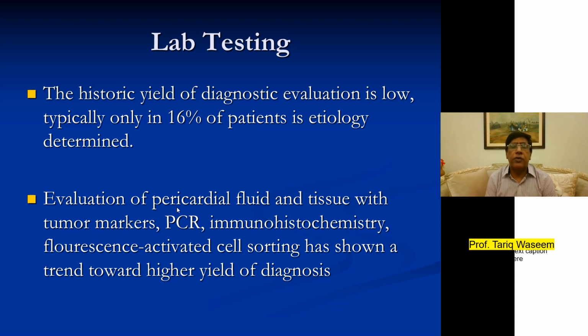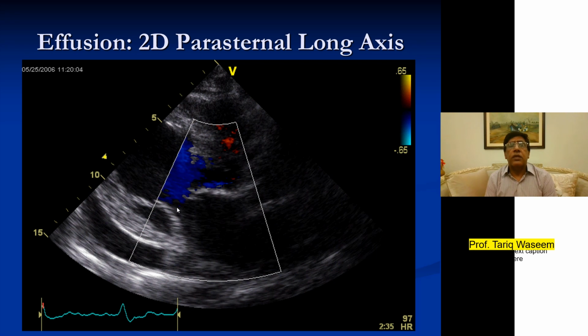Getting pericardial effusion tested for tumor markers, for polymerase chain reaction, for immunohistochemistry or fluorescence activated cells. This all may add towards diagnostic yield, but most of the time, as you said, the diagnostic yield is not very high. If you talk of echocardiography in patients with pericardial effusion or pericardial disease, you can notice